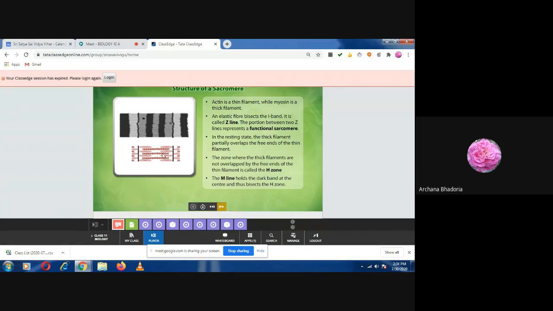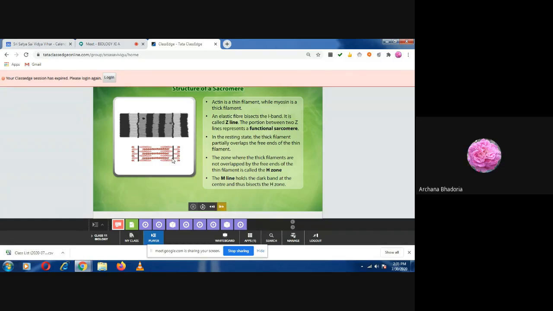Now, on both the sides, can you see these black colored lines, this and this? Could you see my cursor? This black line on both the sides, these are your Z lines. What are these? Z line. Okay. Now Z line, I said that it is present between the